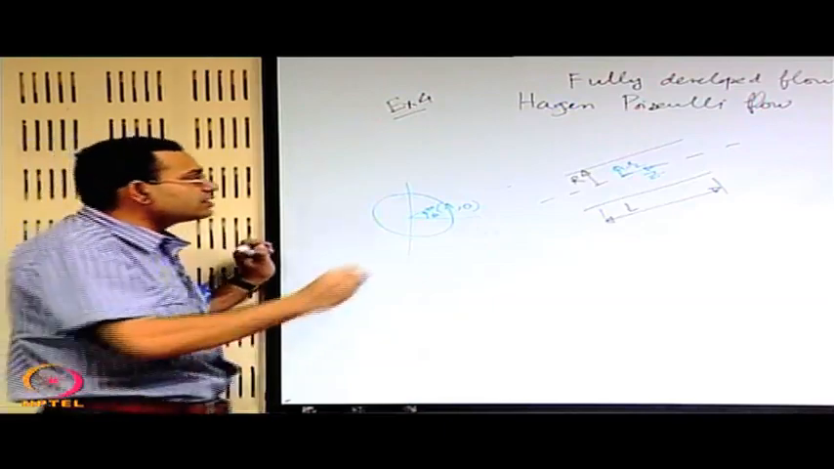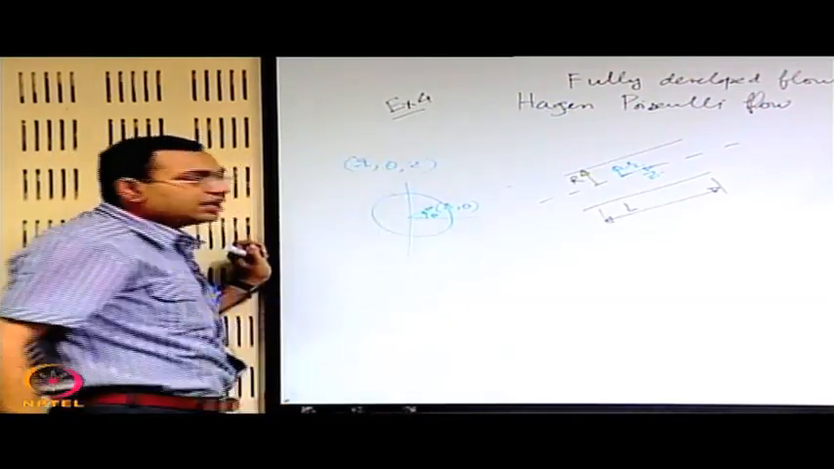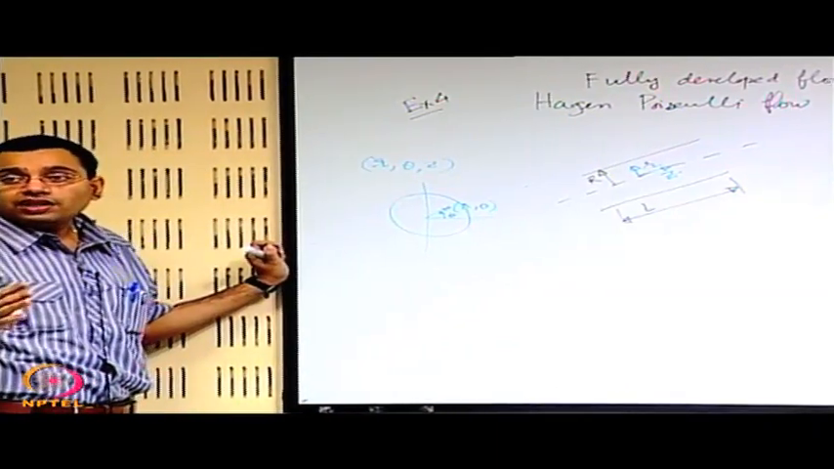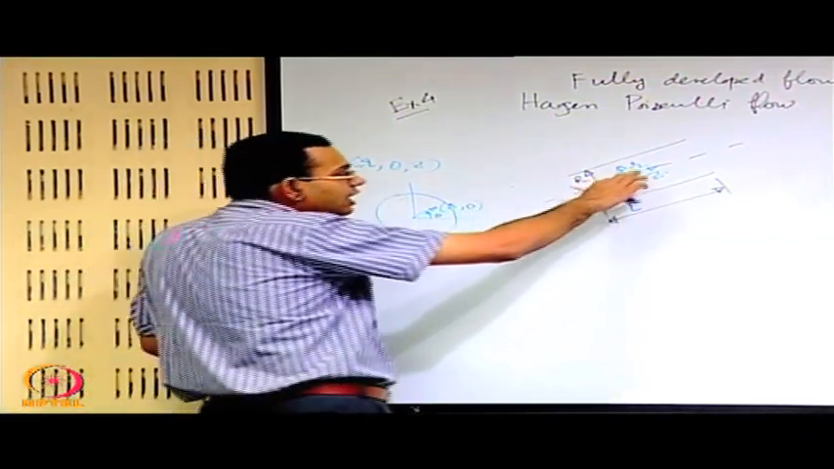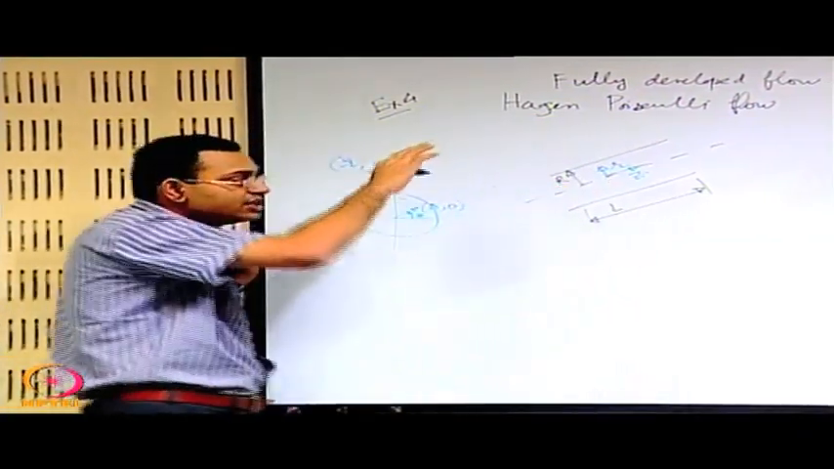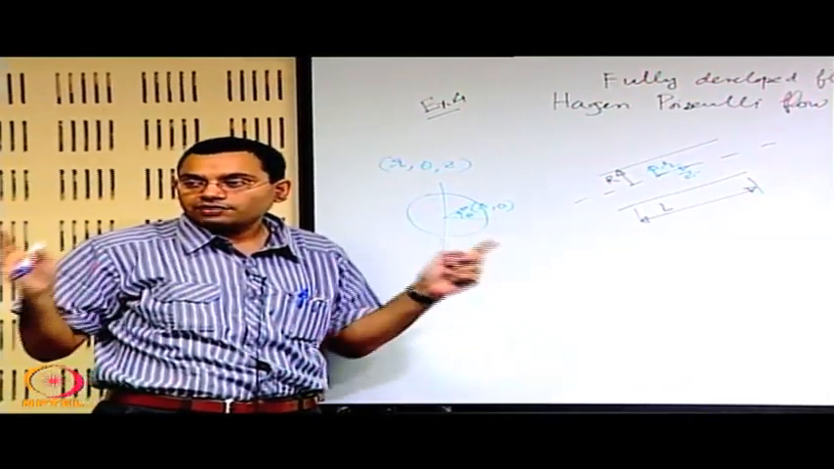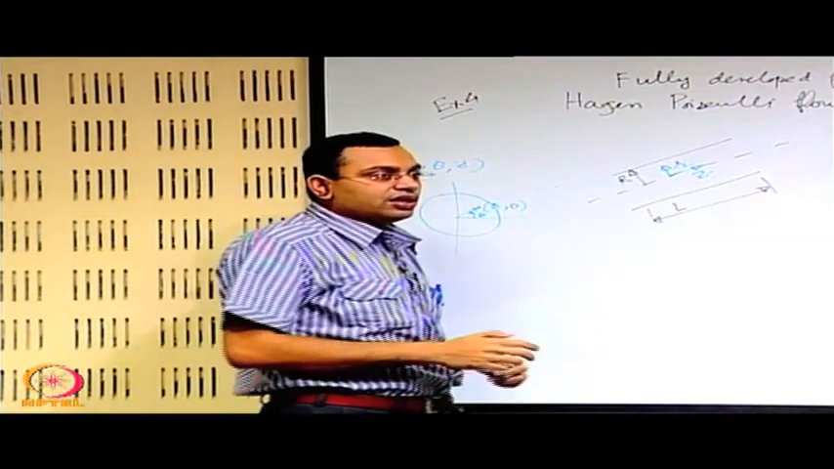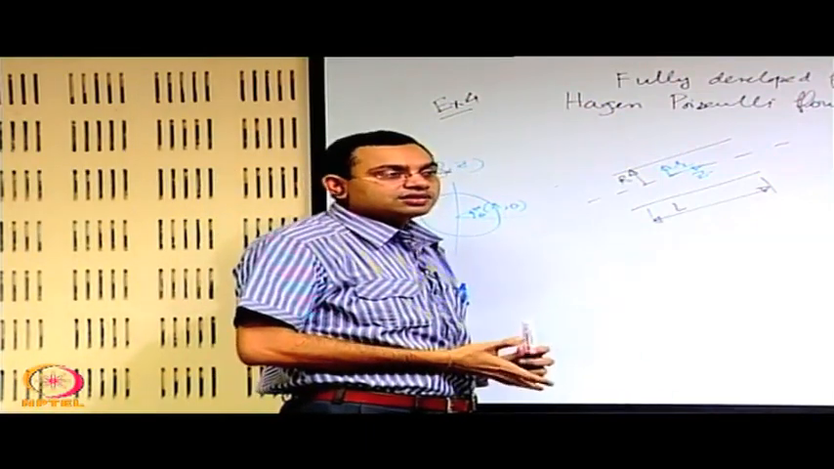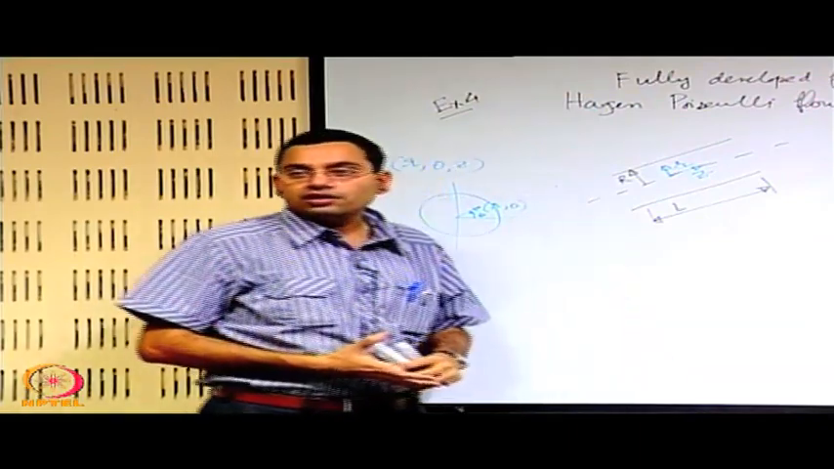So the coordinate system requires r, theta, z, and these are again a mutually orthogonal coordinate system, because the theta direction is perpendicular to r and r is perpendicular to z, and that means r, theta, z are all mutually orthogonal to each other. Now we will be using the Navier-Stokes equation in the r, theta, z or the cylindrical polar coordinate